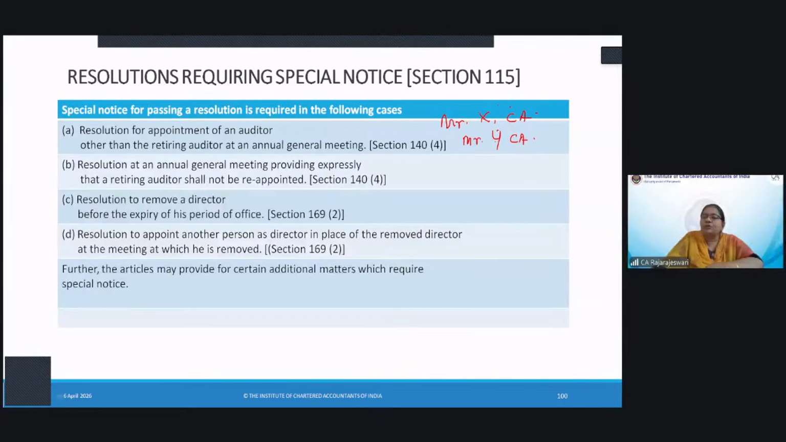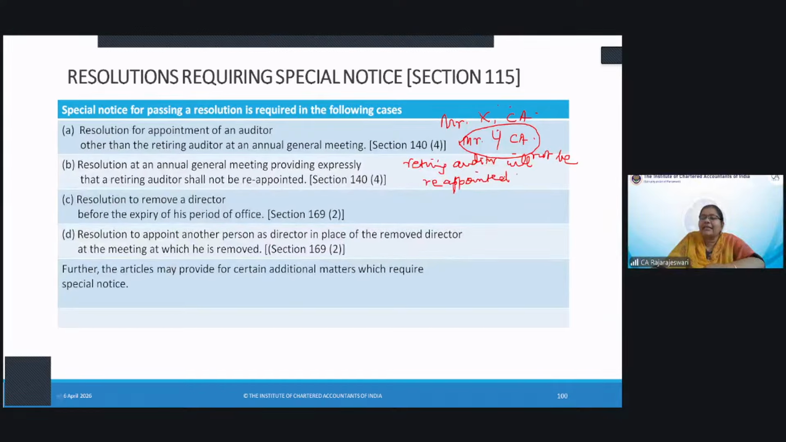Now, if the company wants to appoint some other person other than the retiring auditor, then in that case you have to give a special notice while passing that resolution. So, resolution for appointment of an auditor other than the retiring auditor at an annual general meeting. And if the company is saying expressly that the retiring auditor will not be reappointed,